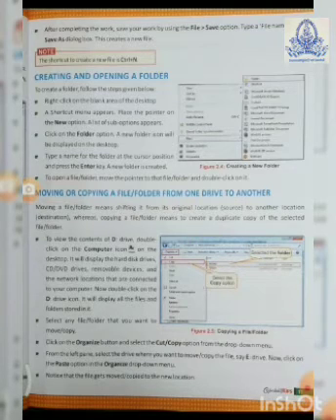Then send to the USB name, it will come automatically, whatever USB or pen drive you are using. Then just click on that, automatically the same files will be transferred from your desktop to your pen drive or USB, you can say.